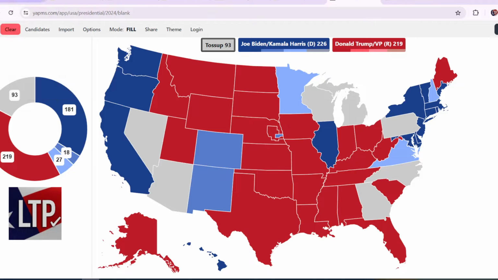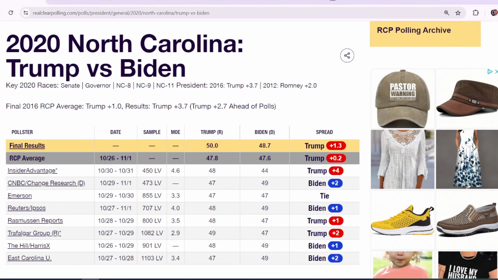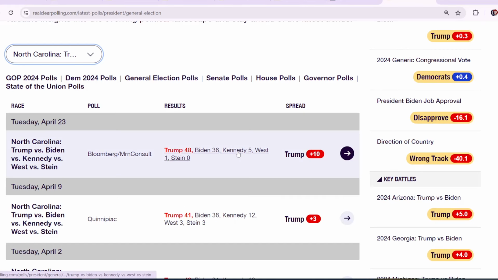And now, as for the state of North Carolina, averages had Trump barely winning it, basically a tie, by 0.2%. And the final results actually ended up being Trump won it by almost 1.5 percentage points. So with that being said, this state underestimated Donald Trump by exactly 1 point. So with that being said, when you apply the 2020 polling error in the state of North Carolina to the